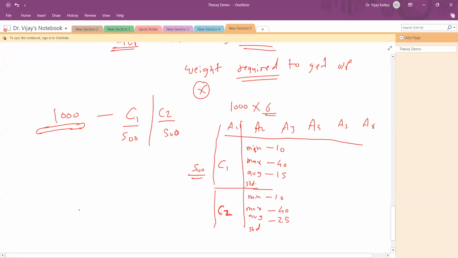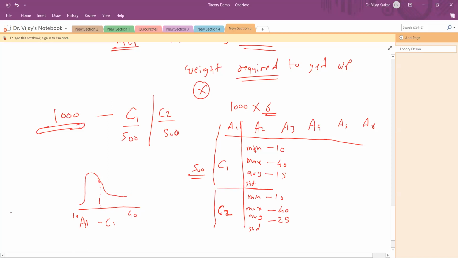If I'm talking about A1 attribute values belonging to class C1, let's say they start from 10 and go up to 40. But what is their average? It's 15. So the distribution is something like this: average is towards the left side, towards 10, so most of the values lie on this side.